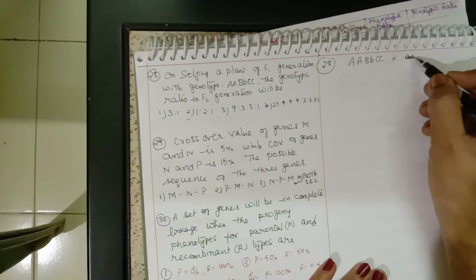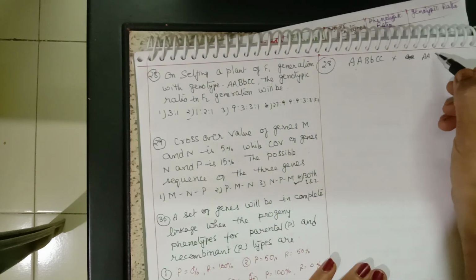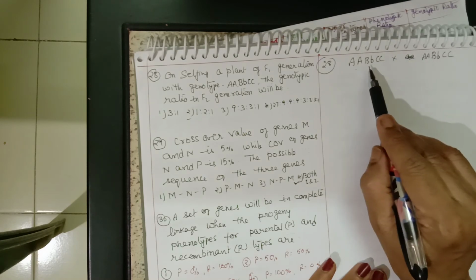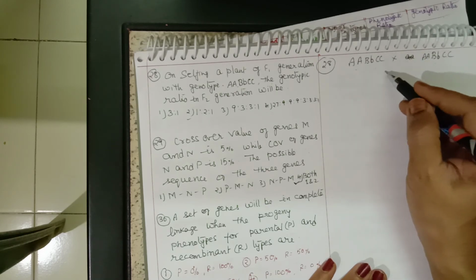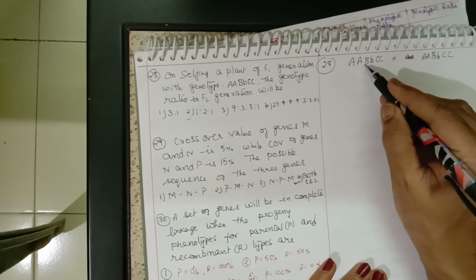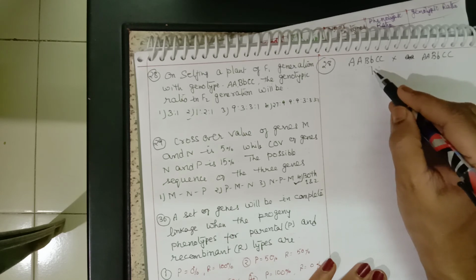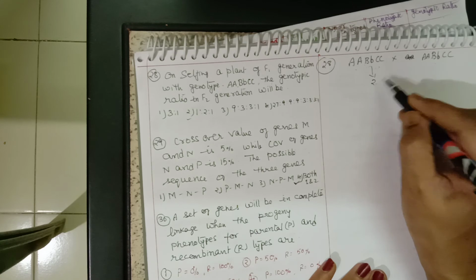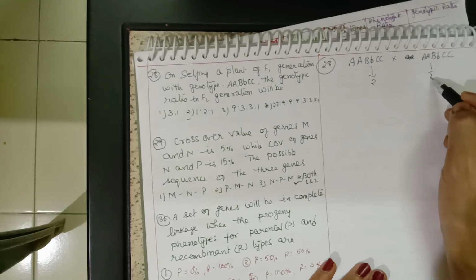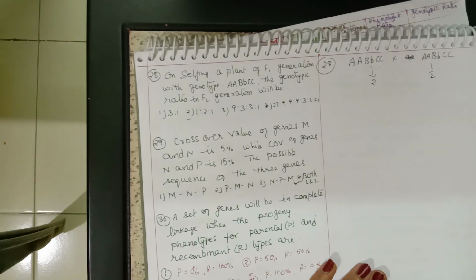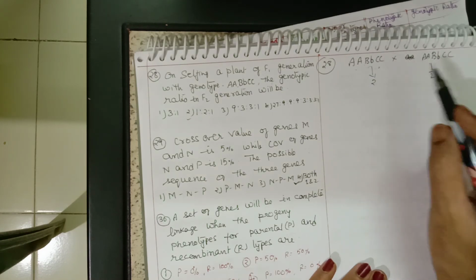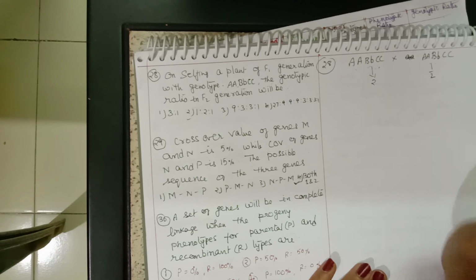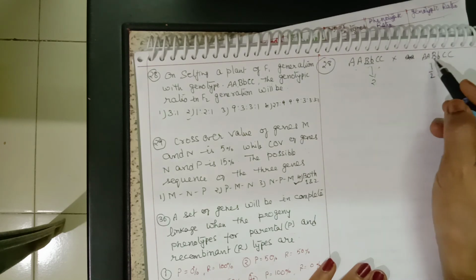So when we do selfing, this is how we have to take it. Here we find only one heterozygous condition. One heterozygous means this is going to give only two types of gametes. When it gives two types of gametes, this is equal to a monohybrid cross. This is nothing but a monohybrid.